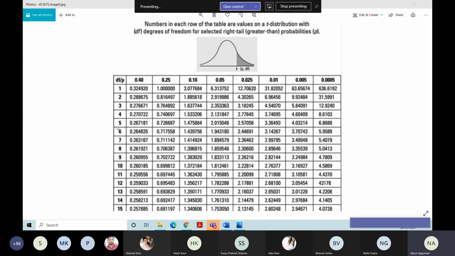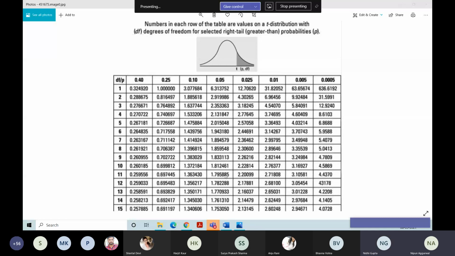So this is your degrees of freedom in the first column and level of significance in the further columns. Here our sample size is 12, so n minus 1 is your degrees of freedom, which is 11. We have to seek the level of significance for 5% one tail. So 5% one tail means it is 0.05 only. But if it is two tail, it is 2.5%. But here it is one tail, so you have to see this 0.05 and 11. So it is